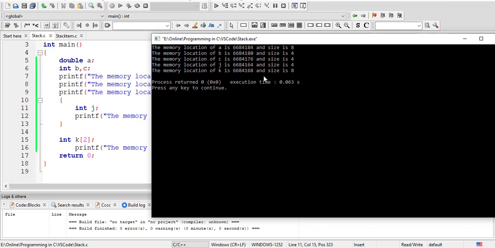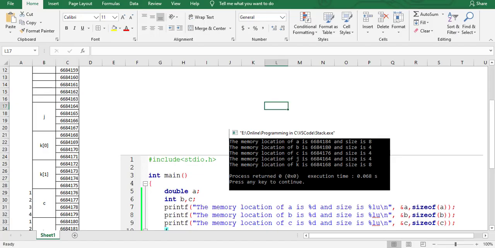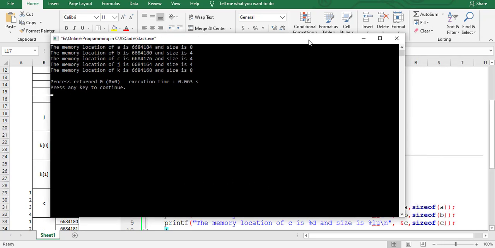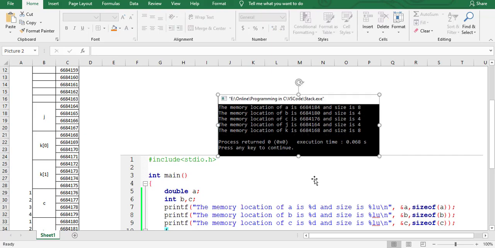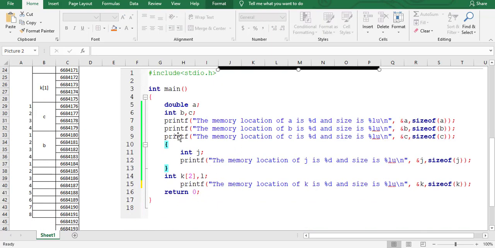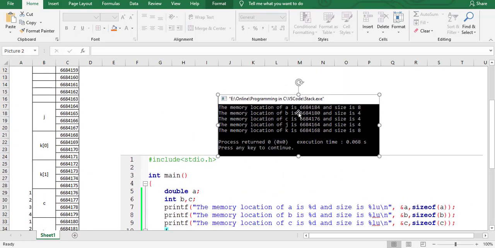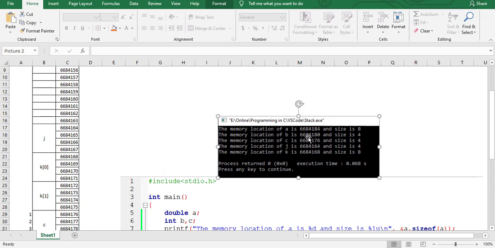So 84, 68. Okay, so I have already previously done this. I have opened an Excel file. This is my input, what we are seeing now. This is my output. Okay, and here the memory address is